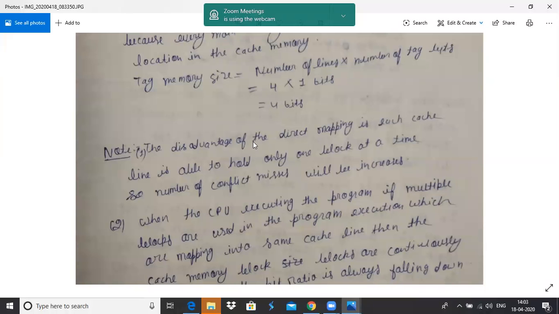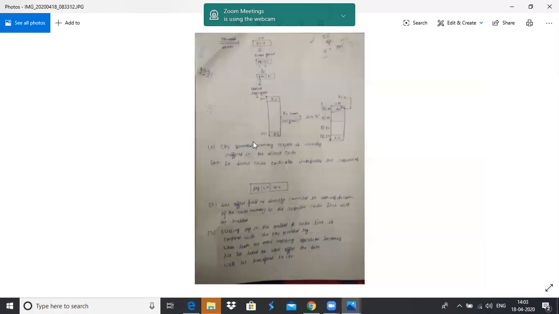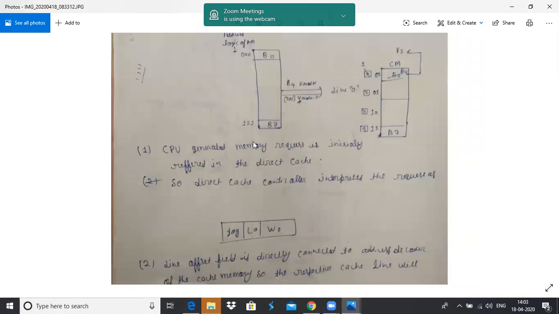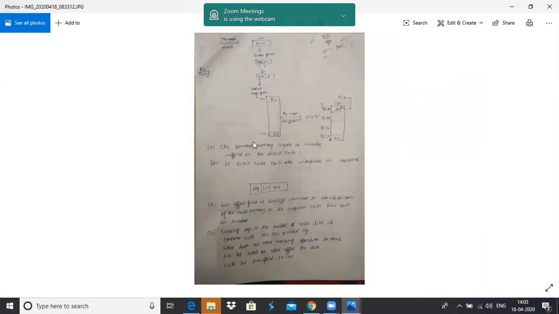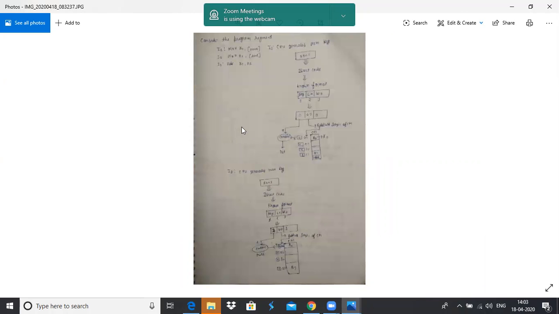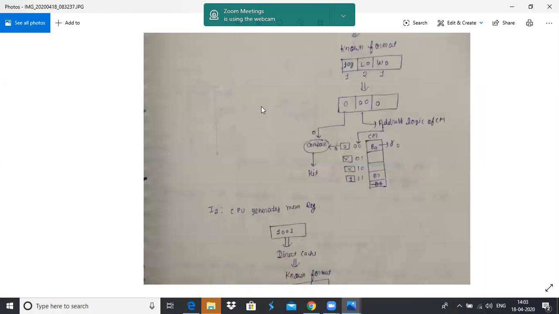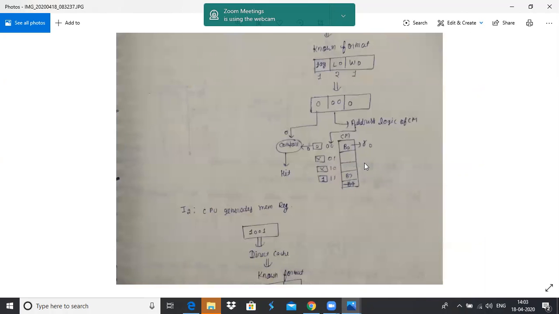In the previous example, see here, first the cache memory contained the B0 block of the main memory at line number 0.